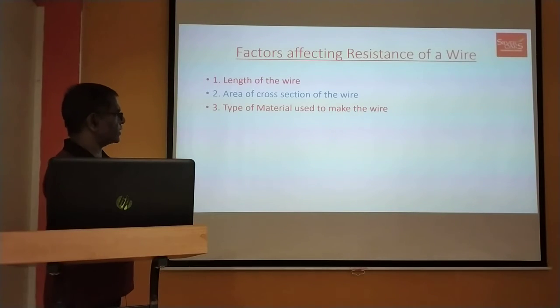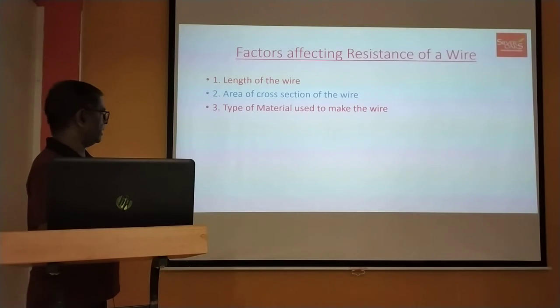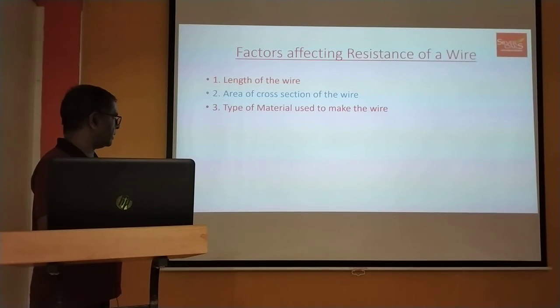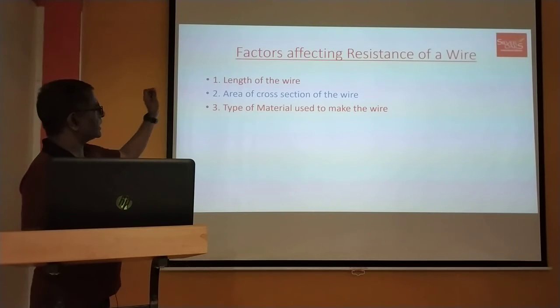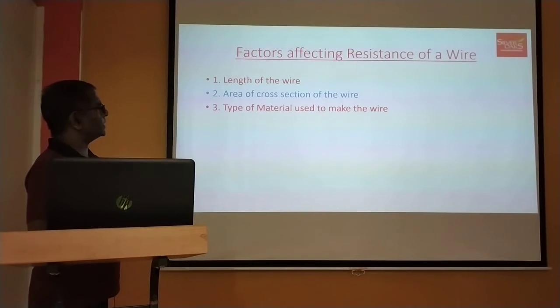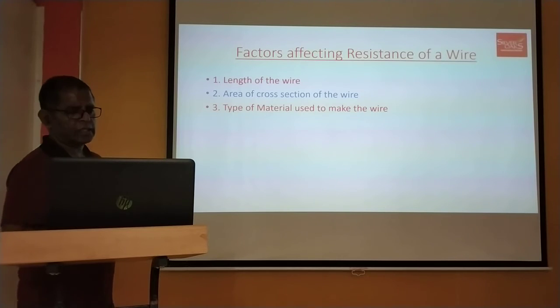So let us summarize our results. The factors which affect the resistance of a wire: length of the wire, L, area of cross section of the wire, and the type of material used to make the wire. So if you use the same length and same cross section area of different material, you will get different resistance.